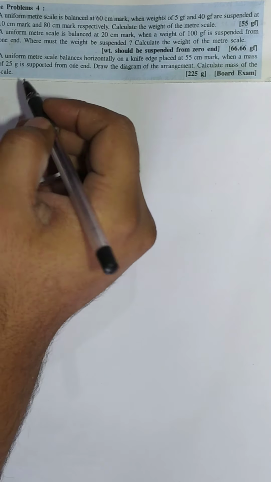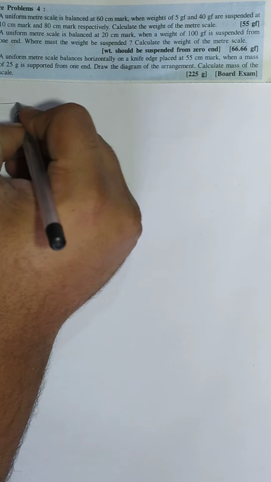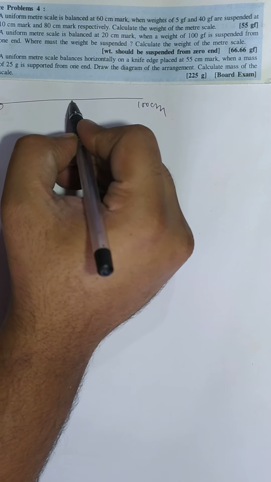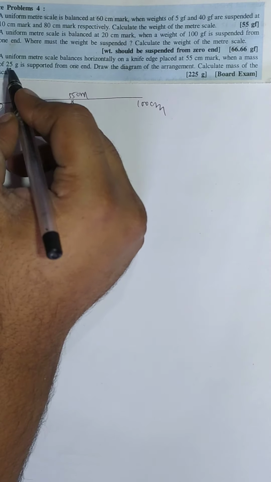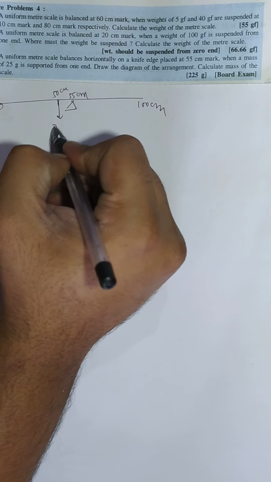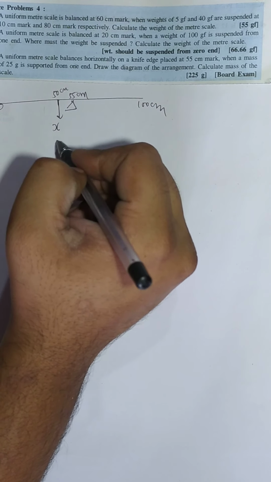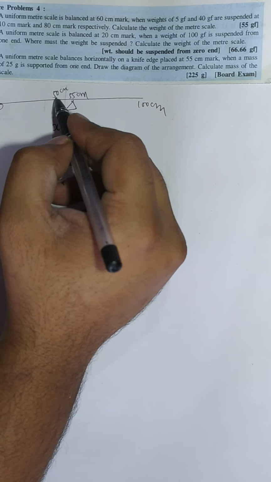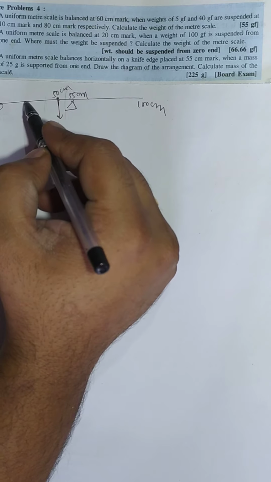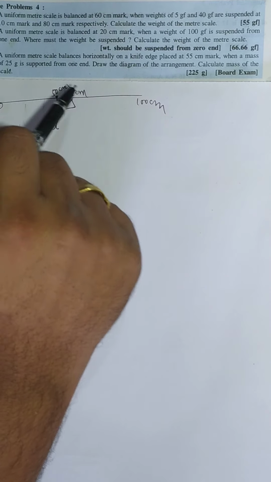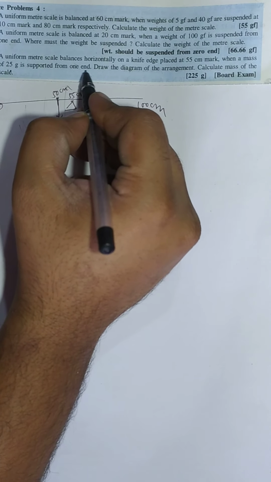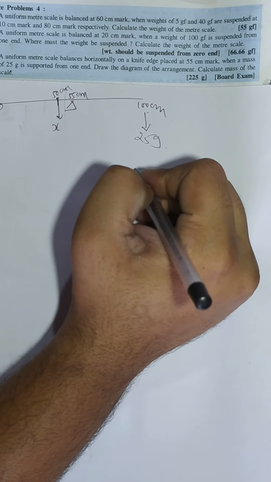So this again is simple. It is already given as a meter scale, so it is from 0 to 100 centimeter. It is balanced at the 55 centimeter mark. Mass of 25 grams. We know that the weight of the meter scale always acts at the 50 centimeter mark. So let it be X. I told you in the previous sum that it is a rule. You have to apply the weight of the meter scale compulsorily at the 50 centimeter mark. Now where will you suspend the 25 gram? Obviously you will not suspend it here. If you suspend it here, the scale will bend this side. So the 25 gram must be suspended on the other side, and it is also given that it is from the end. So here the 25 grams will be suspended.